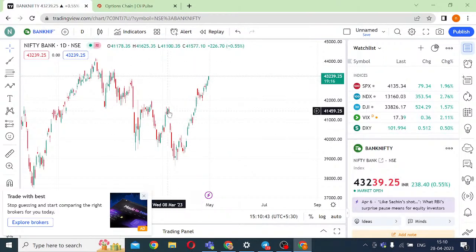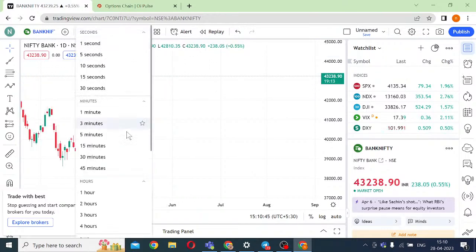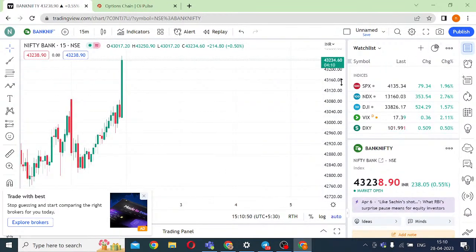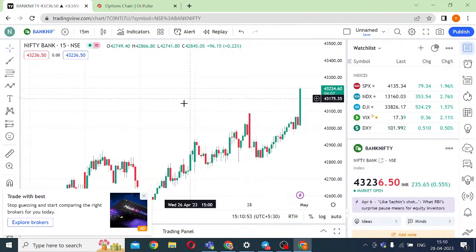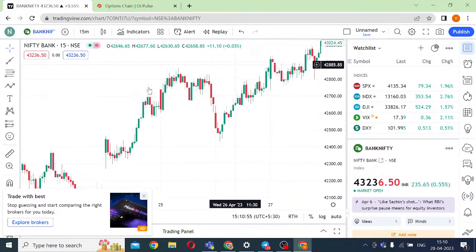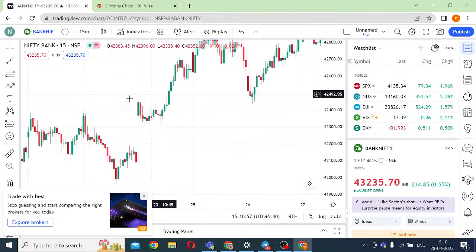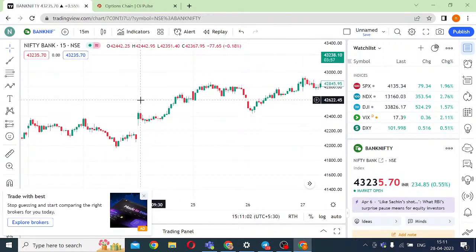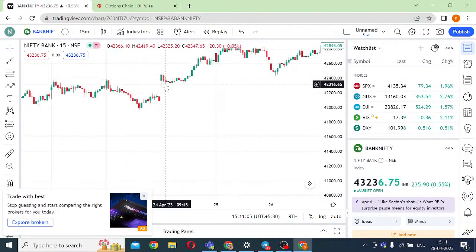So, coming to a very interesting setup. I have spoken about this setup several times in my videos, and I trade it many times. Whenever the market is in an uptrend or downtrend, and right now the market is in an uptrend, so you will see all the bullish trades, you always mark the highs and lows of the opening candle or opening hour. People take the opening range breakout as one of the strategies. This is a small variation to it.